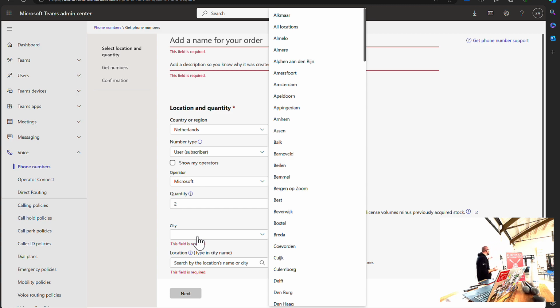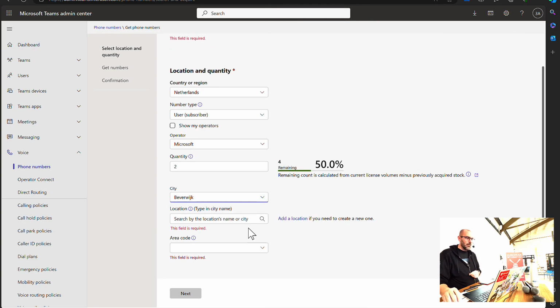It's not in this list. But in this list is Beverwijk. It has the same location, the same area number. Even if it's 2 different cities, they can share the same area code. So you might need to do some thinking on which area you should select there. If you can't find your own city, think of a different city that has the same area code, so you can use that one.